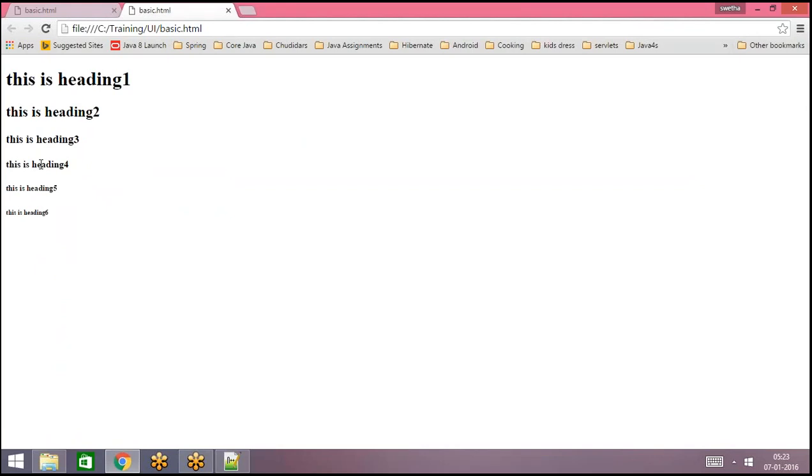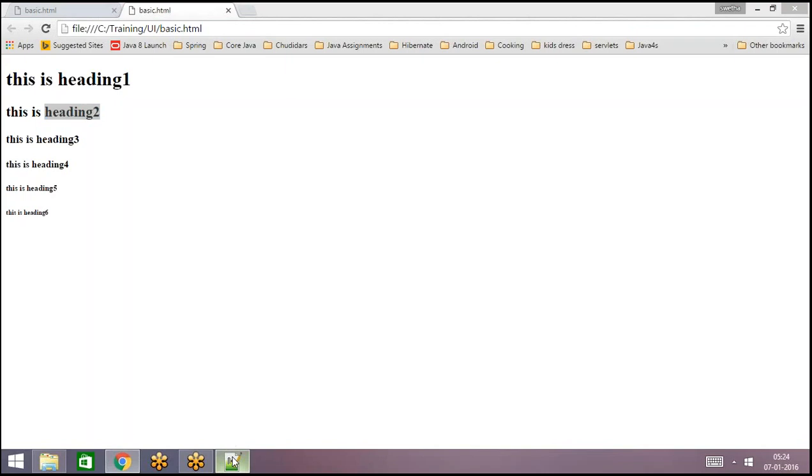Suppose you are developing a simple web page to explain HTML itself, then HTML will be the first heading, and that you can represent using the H1 tag. The other subtopics like HTML paragraphs, HTML headings, HTML images, links, and all these subtopics you can write using the H2 tags. And inside the H2 tag, if you want to show each element's syntax, for that you can use H3 tags. Like that, headings are recommended to show the document structure, but not to resize the text or to change the text into bold.